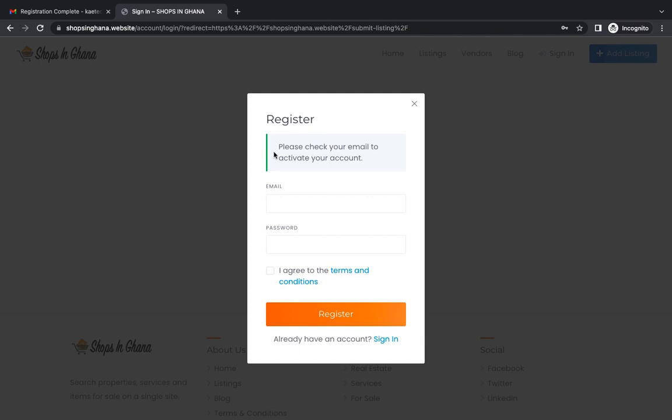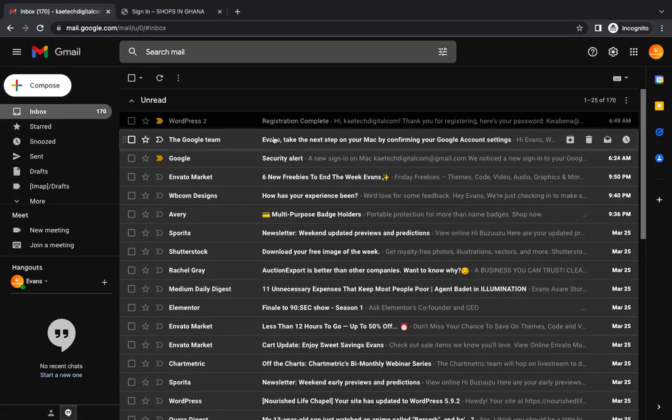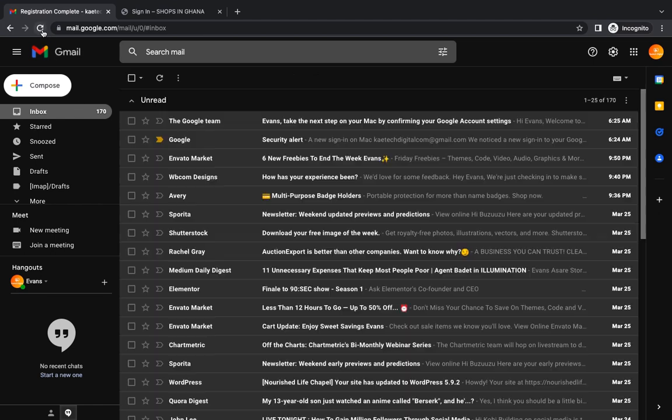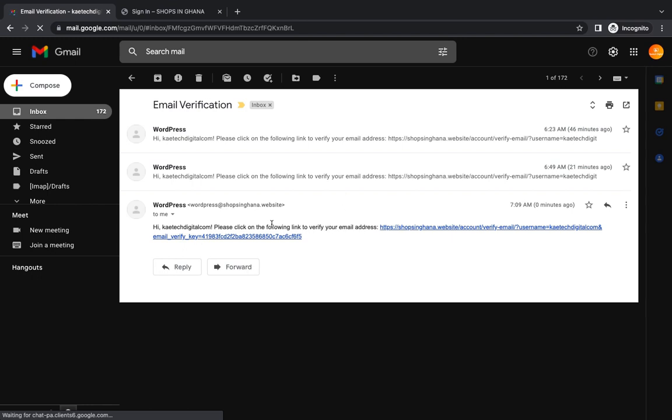Now at the moment you register, they will tell you to check your email for activation. You receive an email, so let's check the email and see if we've received any email for activation. Let's refresh this one. Okay, very good. We have the verification code over here, so let's click on it. Now we need to click on this one to verify us,